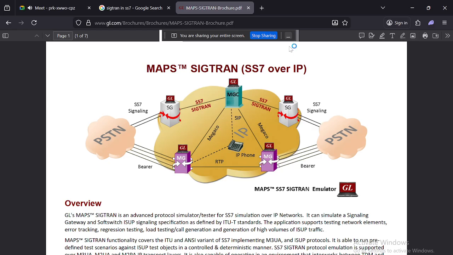Then only they have connected. If we call from a VoIP phone number to an IP phone number, and any people call as VoIP, we can also receive that phone that is bridged with a PSTN also.